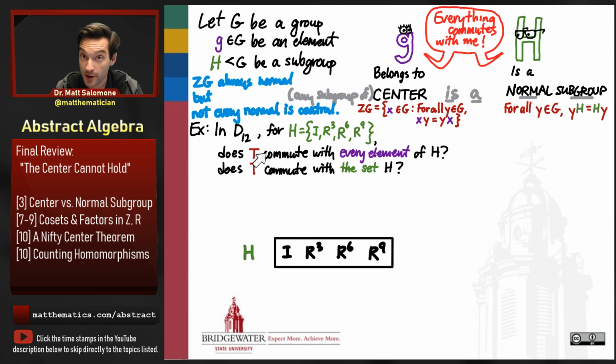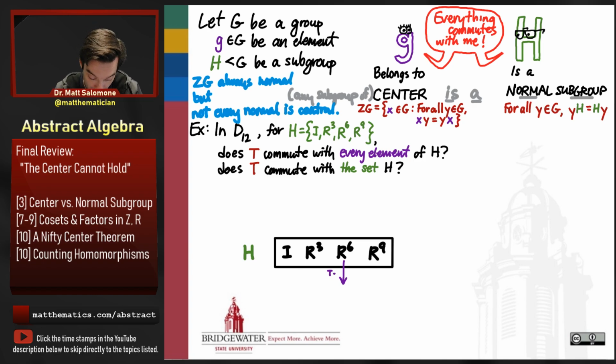So if I want to know whether T commutes with every element of H, then what I want to do is take every element of H and just multiply it on the left by T, and then also multiply it on the right by T. So suppose I take R to the, well, why don't I take R to the sixth, just to get started, right? If I multiply on the left by T,